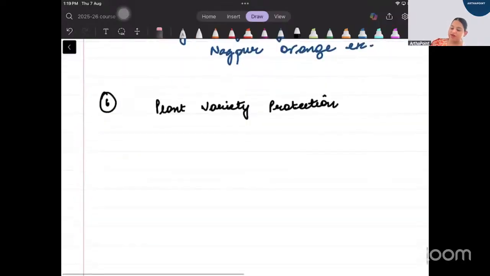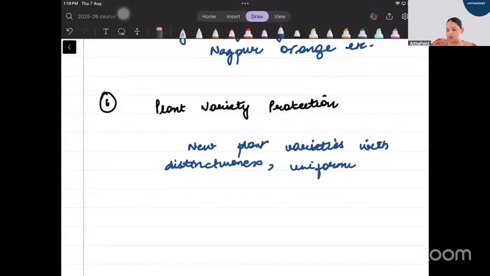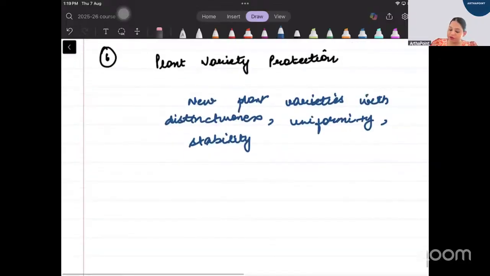Okay. So here we give protection when we have new plant varieties with distinctiveness, uniformity, stability. Okay. Now the time period for this is 6 to 15 years,